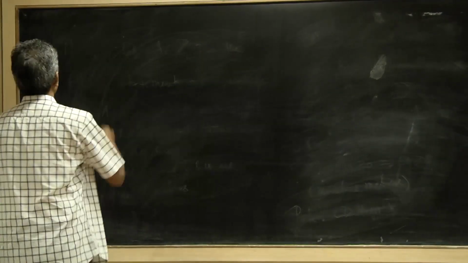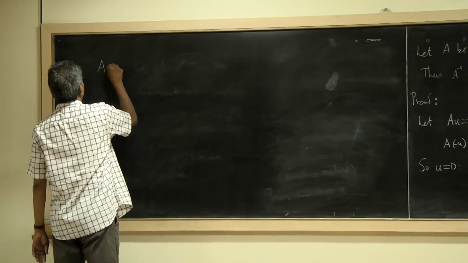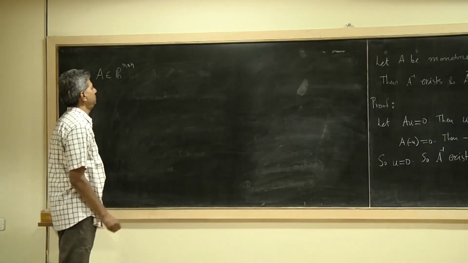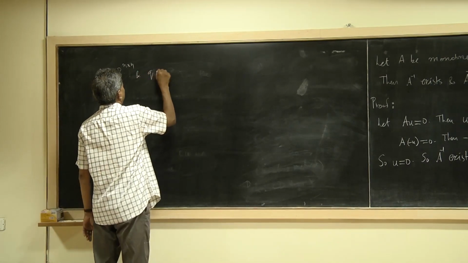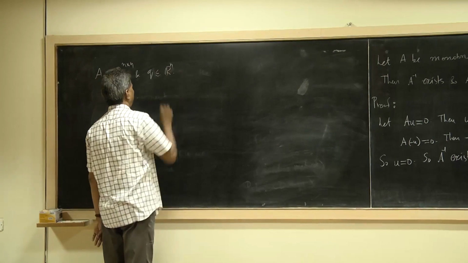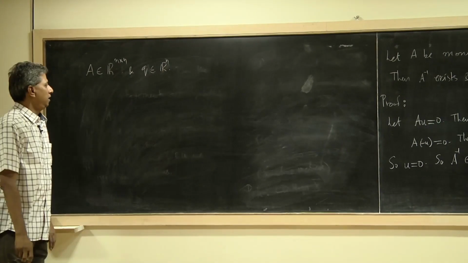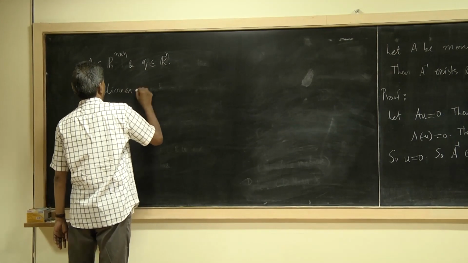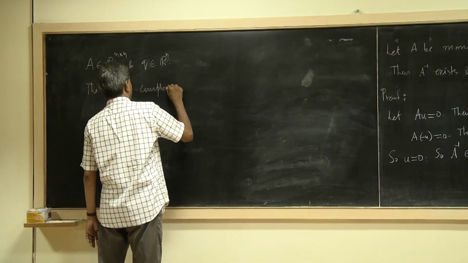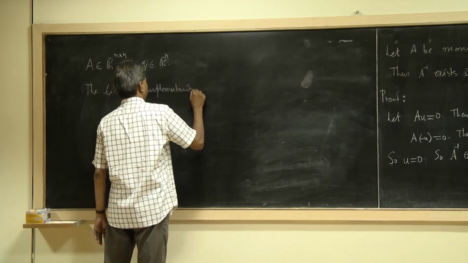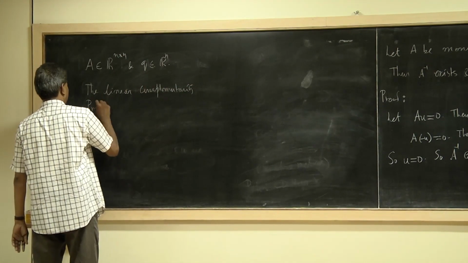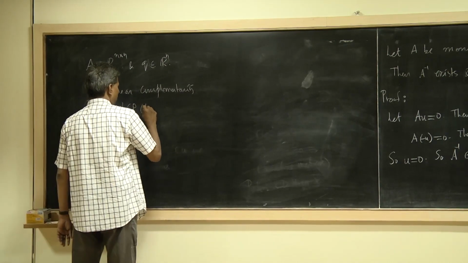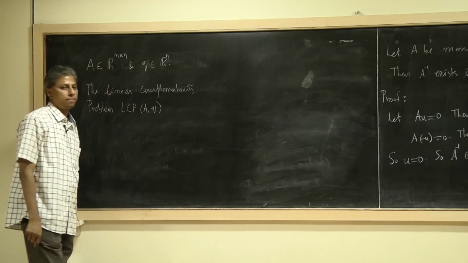Okay, so this is what we have. This time I'll restrict my attention to real square matrices. You are given a matrix A and a specific vector Q. The linear complementarity problem defined in terms of these two parameters, LCP(A, Q), is to